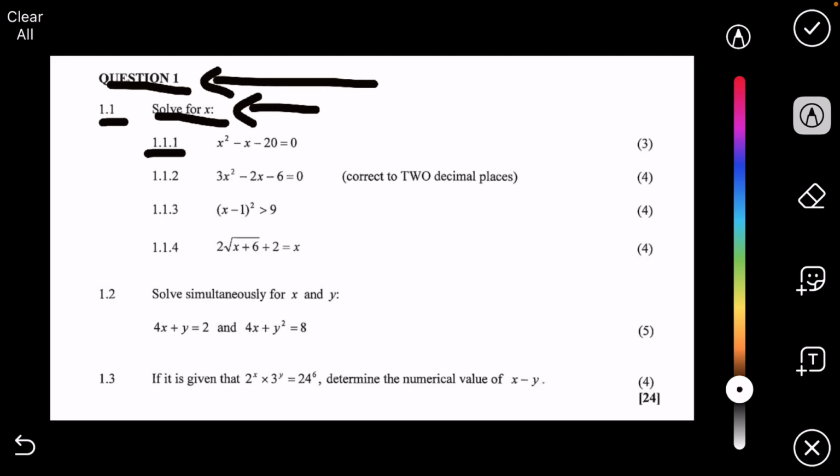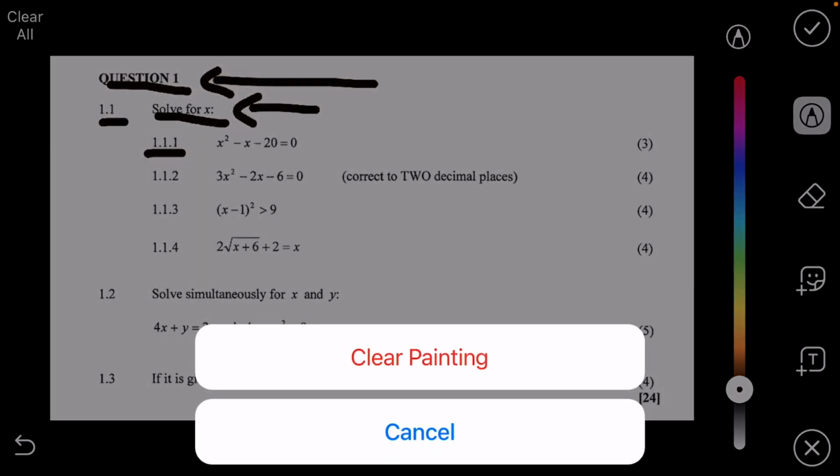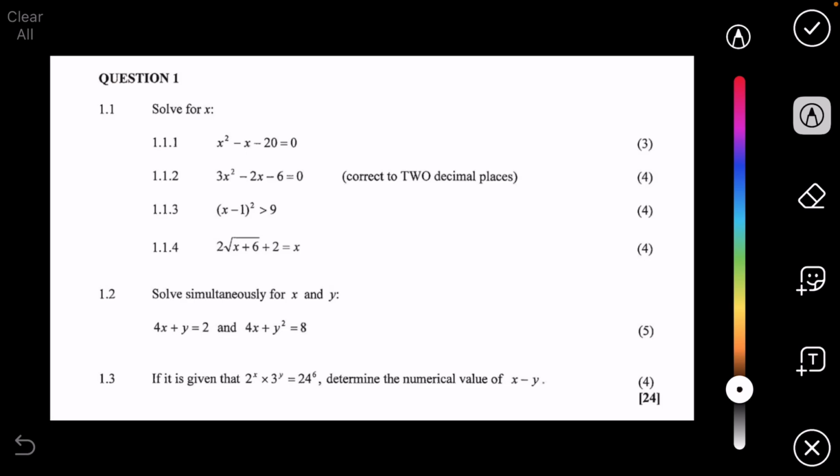Okay, so ladies and gentlemen, at all times, it's very much important that you follow the order in which the question paper is given. In this way, you stand a very good chance of making sure that your answer sheet is very neat and very easy to work on. For the purpose of this lesson, I just want to take you through the steps in which you approach this type of questions. Let's have a look at